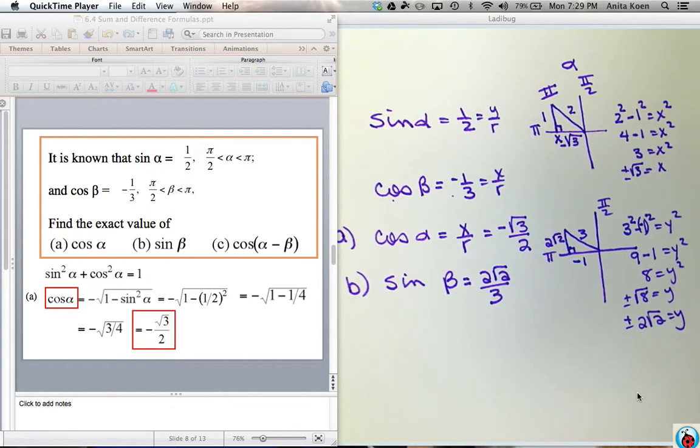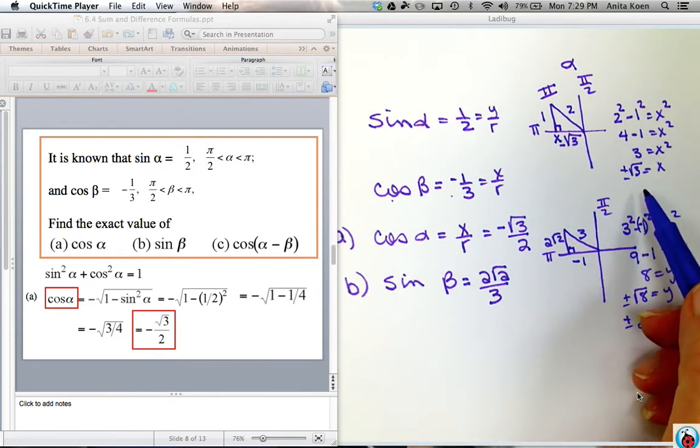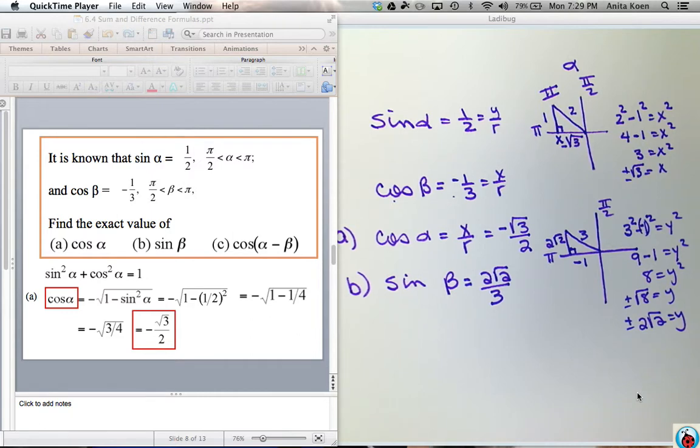Okay, now all of that is actually in this slide right here, and on this slide, they actually did it a different way. So you can look at this slide and determine if you prefer to do it the way that they did it here, or using Pythagorean theorem. Okay, it's really the same thing, the same idea, except that we're using the Pythagorean identity